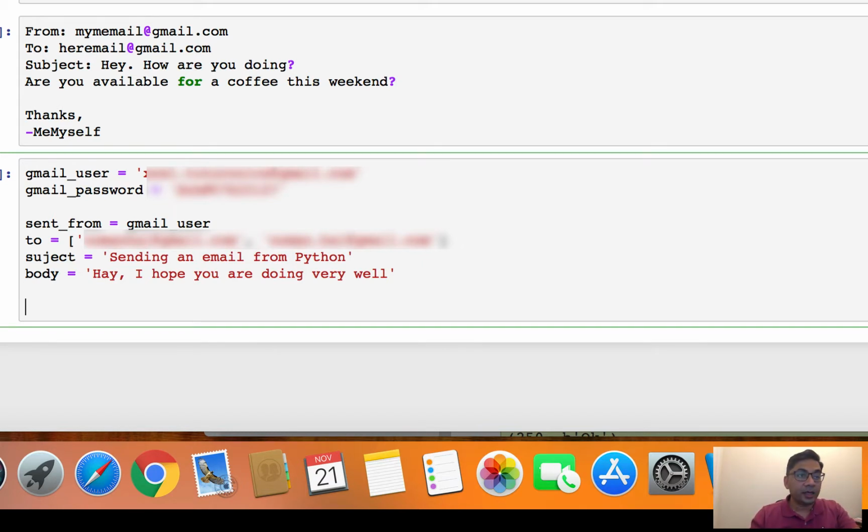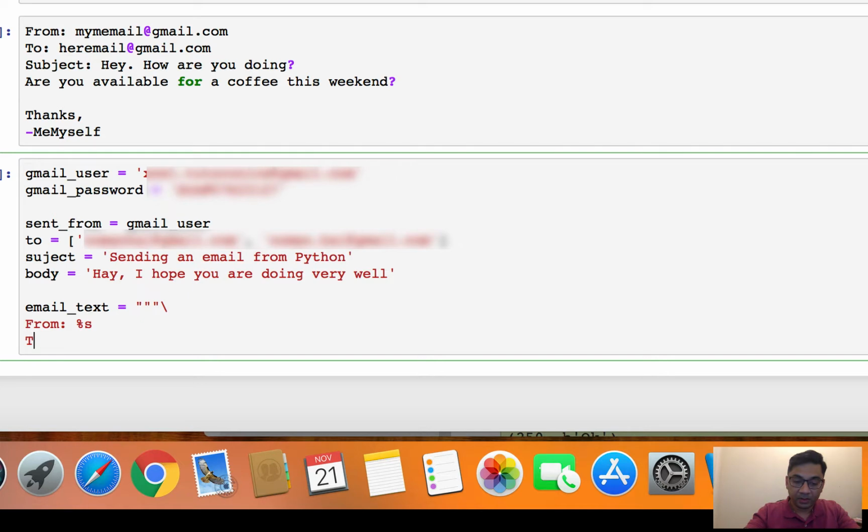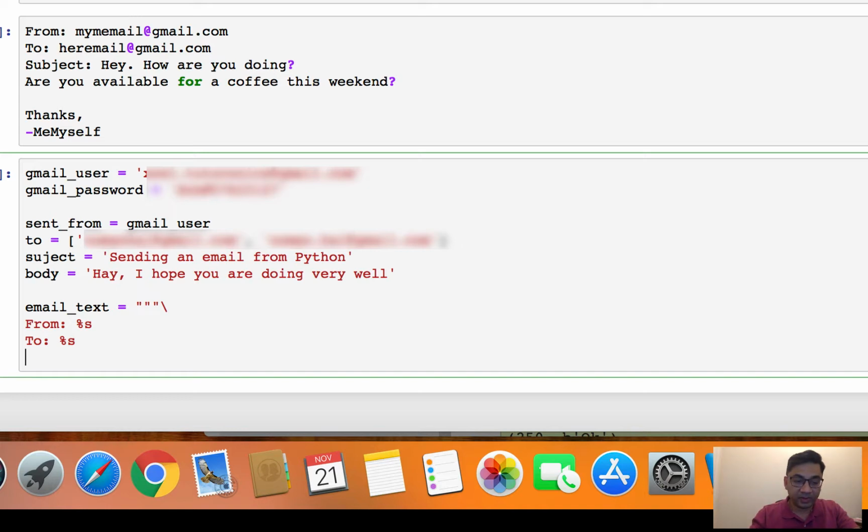And that's it. The way I will write it down is like an email text, so email underscore text, with the backslash there, and then we just write it down from %s to, so that in the email you will see all this information. %s, this is just a body of text, so you can write whatever you want, but we are just writing it to make it look nicer, to show what you actually sent. So %s as well,